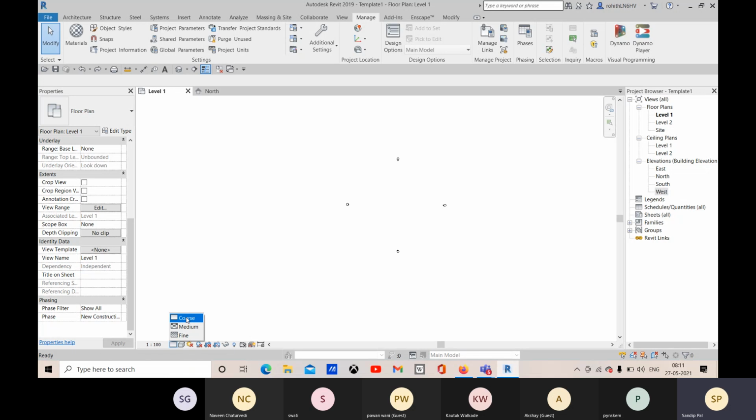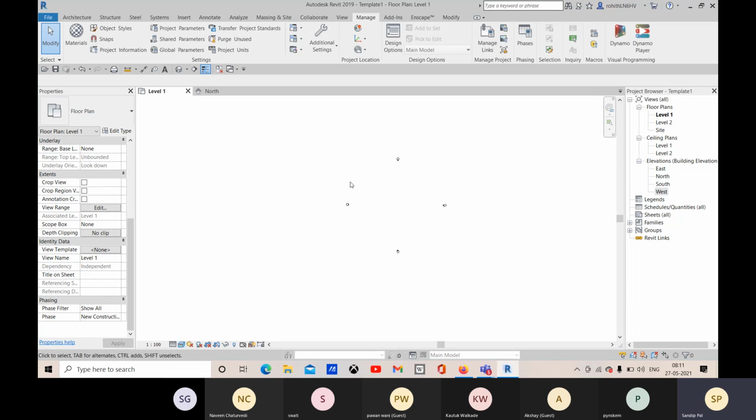So you can go with the fine option, and then you can choose the visual style realistic. Then all the properties of your material and your object will be visible. So you can choose the realistic.